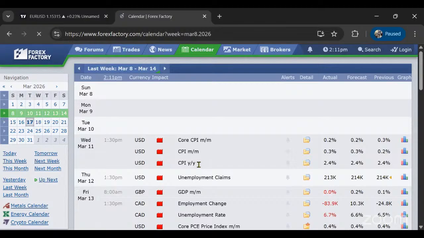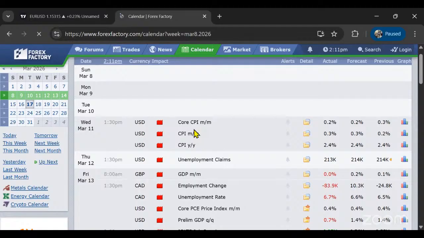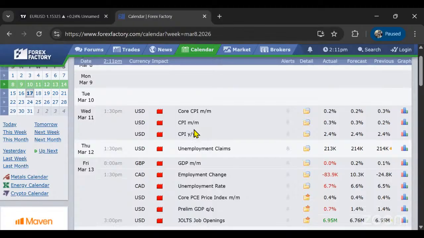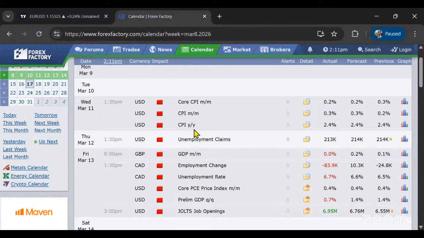All right. So as you can see, last week between March 8th to March 14th. Only focus on USD news. USD news is actually what moves the market. Okay. Now focus on USD news. Now, if you guys pay attention to this particular news area, you will see that